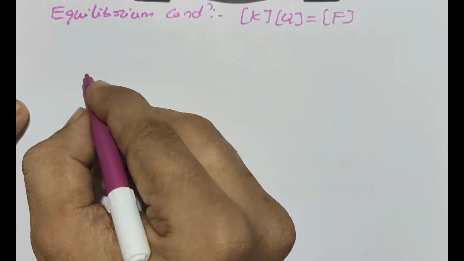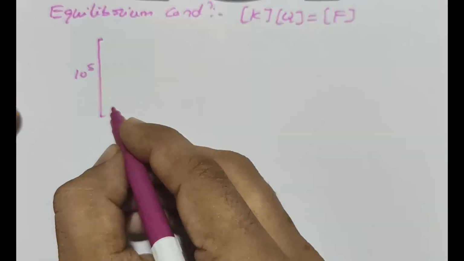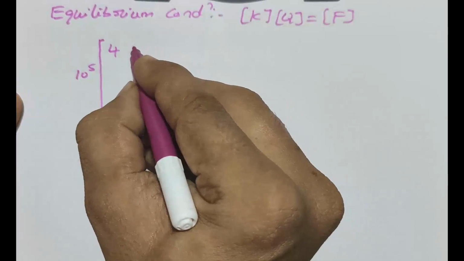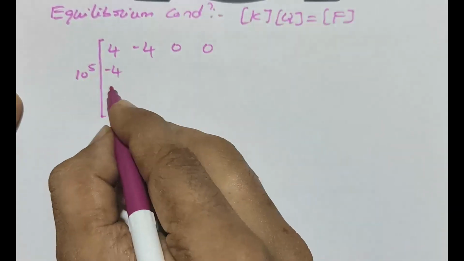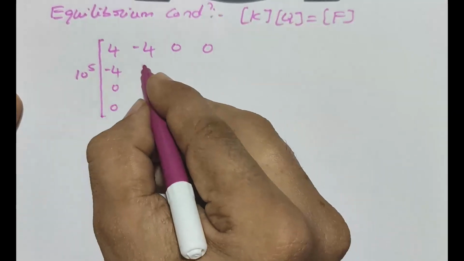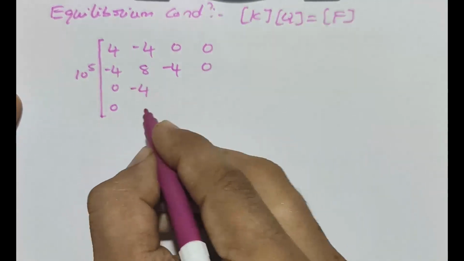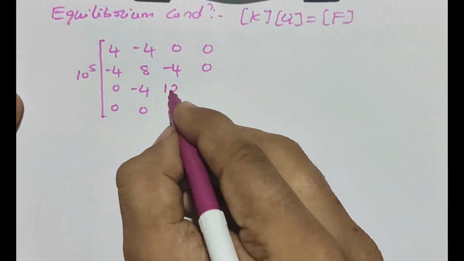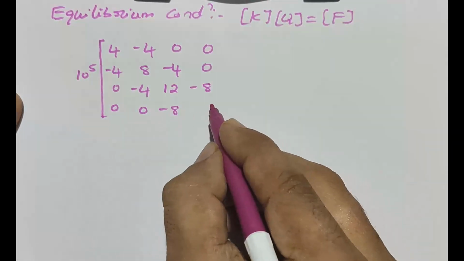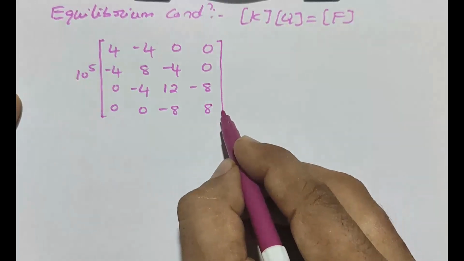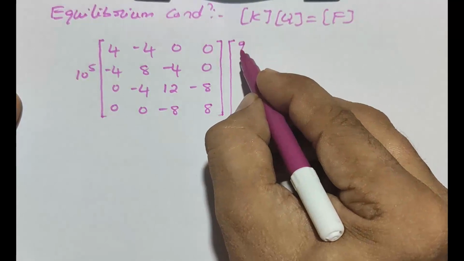Global stiffness matrix is 10 power 5 outside, 4 minus 4 0 0, minus 4 0 0, 8 minus 4 0, minus 4 0, 12 minus 8, minus 8 8. This is K into Q, that is